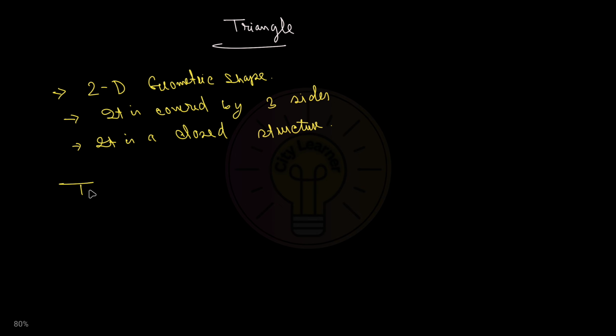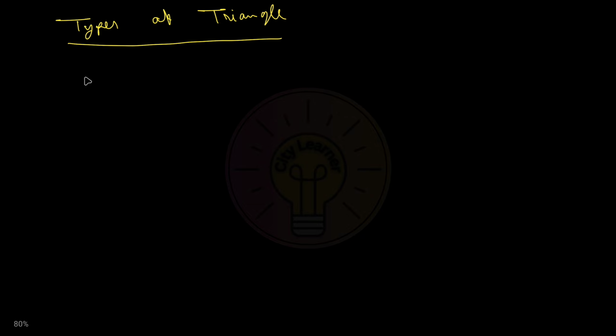So now we are going to discuss types of triangles. Triangles are divided into 6 types: 3 according to sides and 3 according to angle. According to sides,